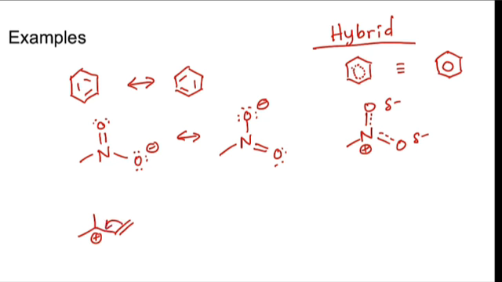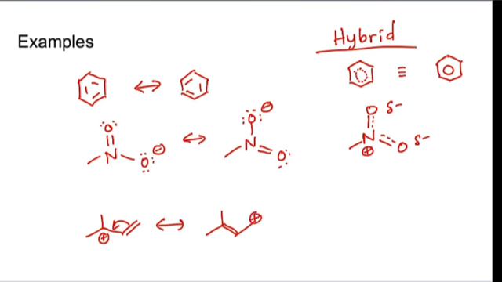The last example is an allylic carbocation, so the resonance form looks like this. So if I wanted to draw a resonance hybrid of this, so I didn't have to draw both resonance forms, then I would put half a bond here and half of a bond here. So with my dotted line, I would show 1.5 bonds on both of these carbon-carbon bonds,